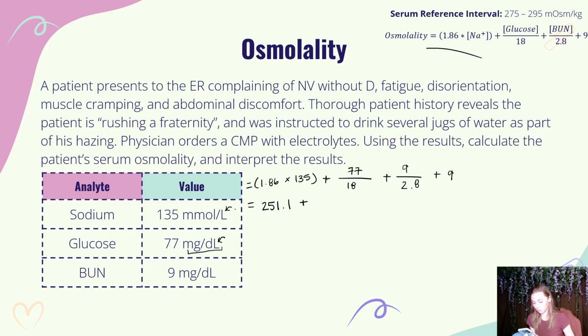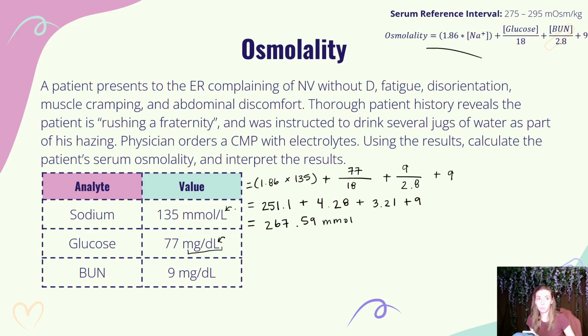251.1 plus 18, 4.28 roughly, plus 9 over 2.8, 3.21, plus 9. 251.1 plus 4.28 plus 3.21 plus 9. That's going to equal roughly 267.59